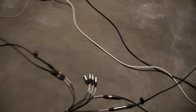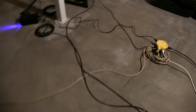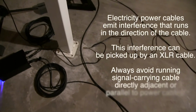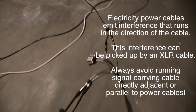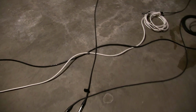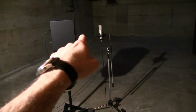Something to keep in mind anytime you've got power cables and microphone cables is you want them to cross each other perpendicular if they have to cross each other. And the reason for this is so that you don't get noise from your electricity jumping onto your microphone signal carrying cables. So basically, the sound is going to come out of the speaker, across the air, into that mic, and then back into the snake,